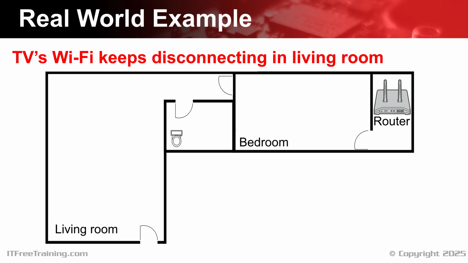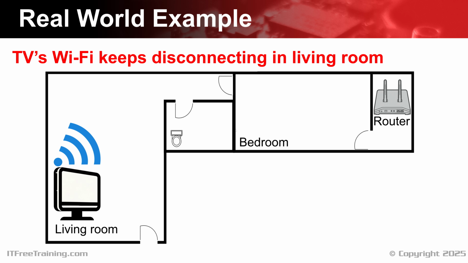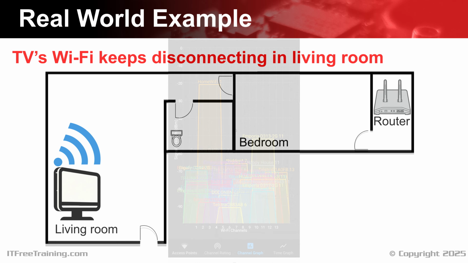Although it is good practice to place the Wi-Fi router in the center, often the networking will not be in the center and it may be too difficult or impractical to move it somewhere else. In the living room, there is a TV that is connected by Wi-Fi to the router. The TV often has performance problems, so we are going to conduct a Wi-Fi survey to see if we can find the problem. I will stand near the router and open the application.